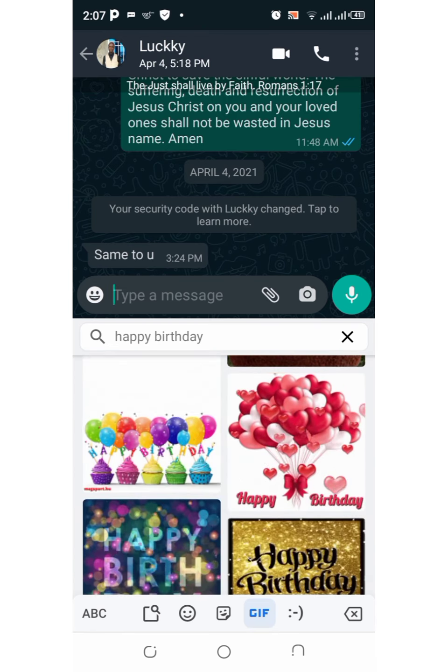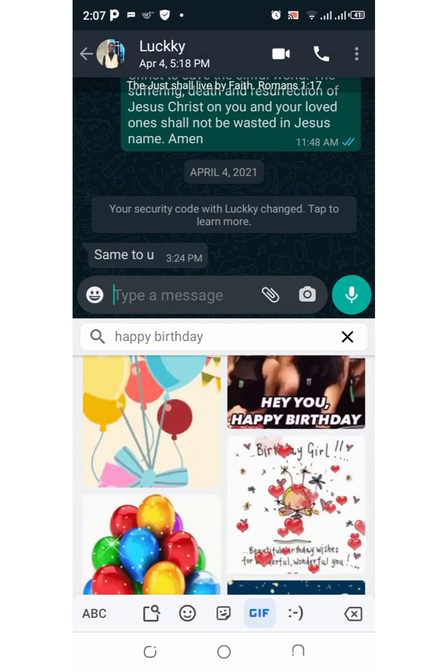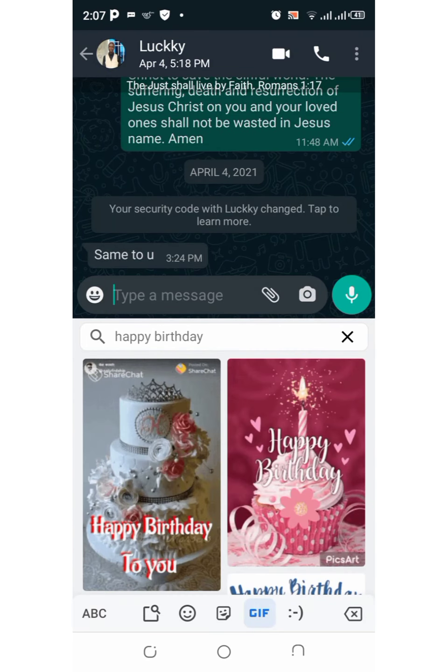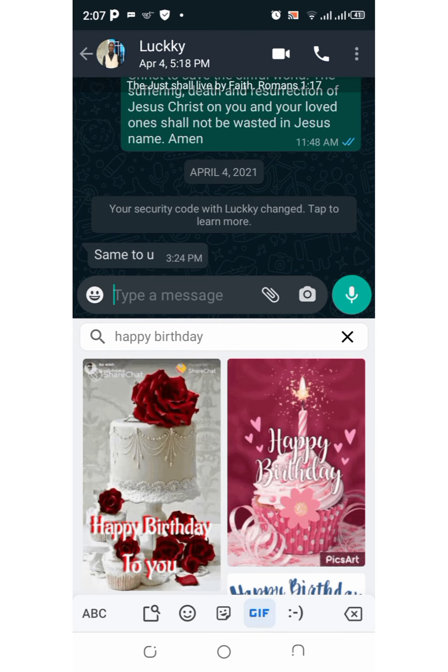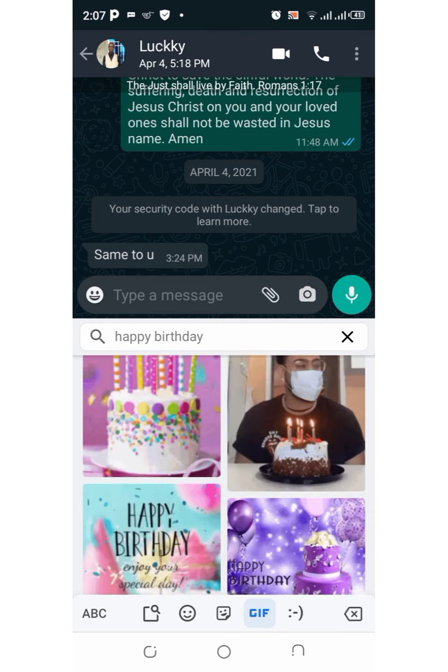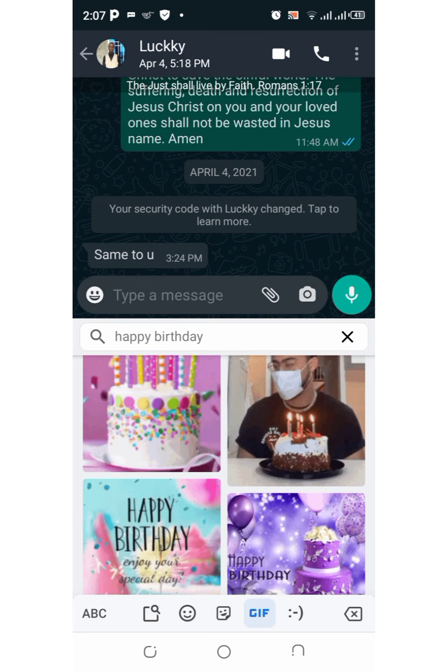I invite you to try and use it, and you will see how it makes your chatting colorful and in a fancy style. So thank you. So you shouldn't be confused about